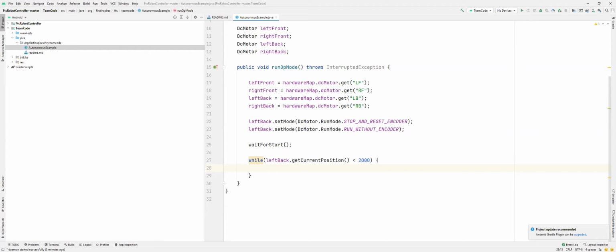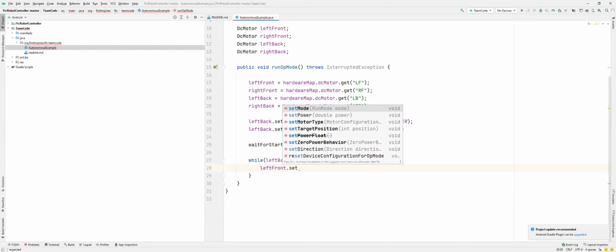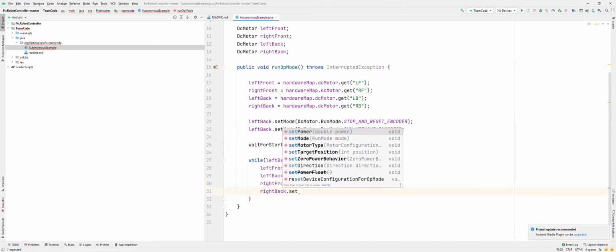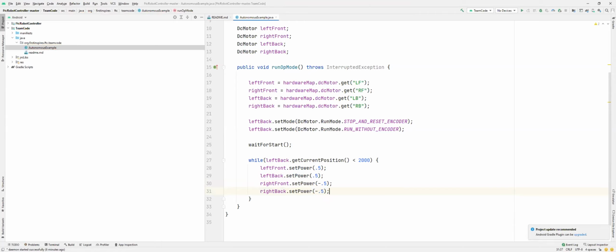So in this case, we're going to do left front set power, and we can set this to 0.5. And we can also do the same for our left back. And so when I set this to 0.5, then we also have right front power. And we're going to set this to negative 0.5 because it's on the right side. And then we're also going to want to do this on right back as well, and set this to negative 0.5 as well. So this is putting our motors at half speed on each side, and they're all going to be spinning in the same direction so that our robot moves forward for 2000 encoder counts,